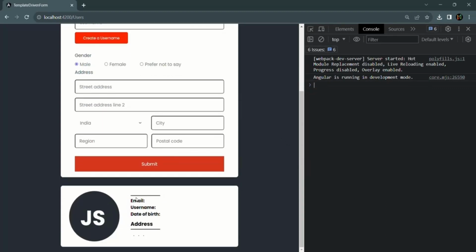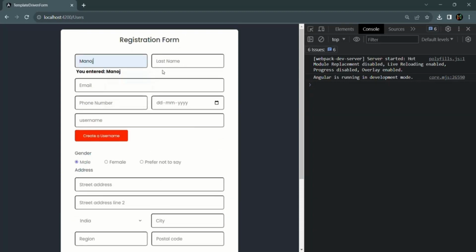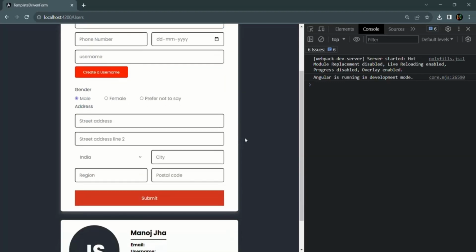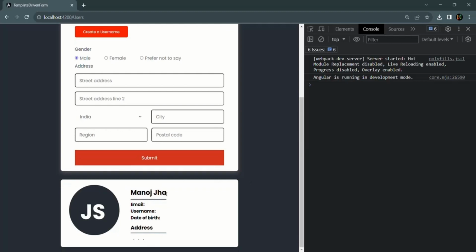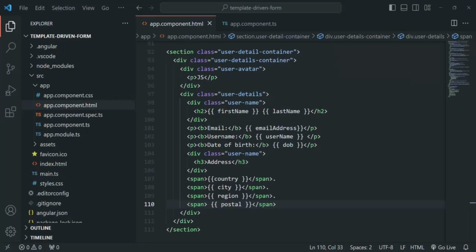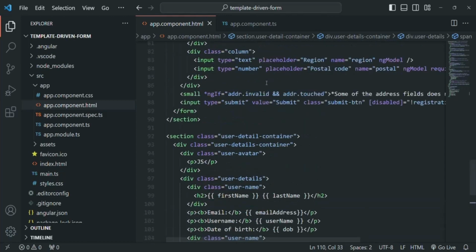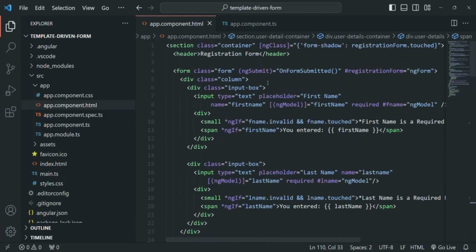If I scroll down, currently you will see nothing is being displayed here. Now let's go ahead and enter a first name. Let's enter a last name. Now if I scroll down, you will see that the first name and last name has been populated here. We have not submitted the form, but still this first name and last name is being displayed here. That's because if I go back and scroll up, for this first name and last name, we are using two-way data binding. Here we have the first name property, and on that, if you notice, we are using two-way data binding. Now I will simply remove this two-way data binding